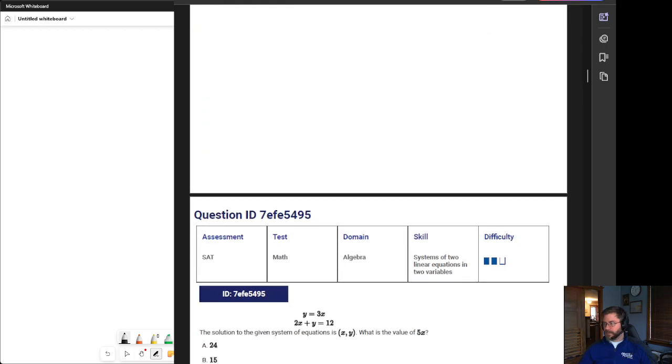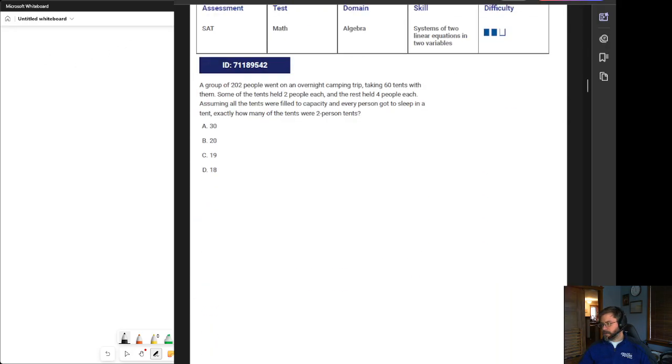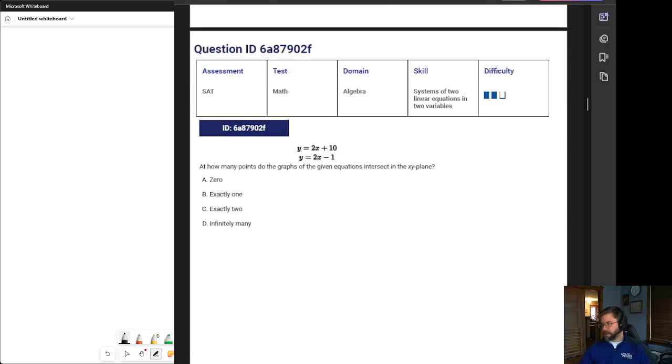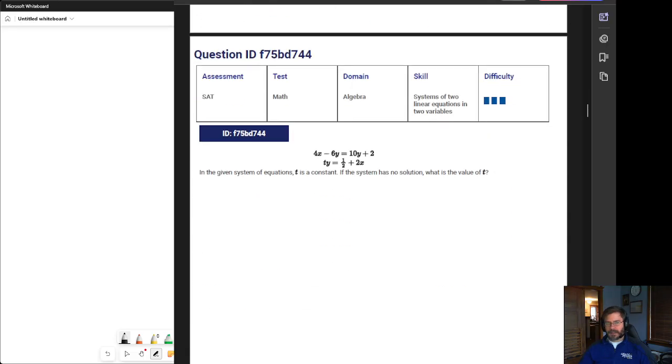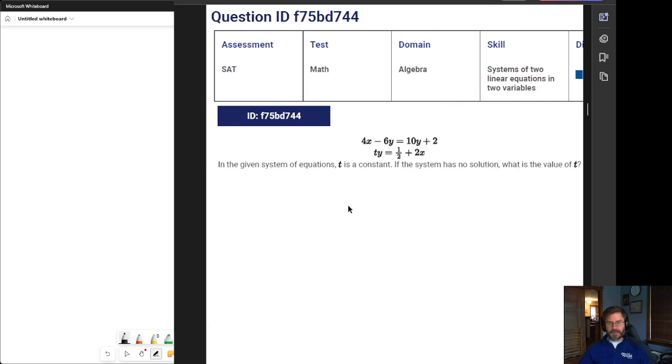We'll do one more. Okay, we've got another level 2 difficulty. Actually, you know what? For our last one, we'll find a level 3 difficulty here. Here we go. In the given system of equations, t is constant. Again, remember, constant just means it's a number. Don't be afraid of that. It has no solution. Remember, no solution means these guys are parallel. We got question code